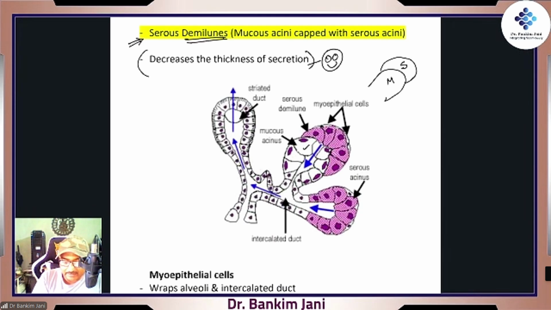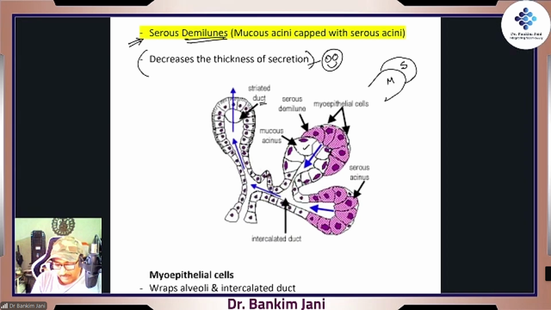So here in this, look at it. This first one, right? It is just the duct. So no secretions. Over here, this is a duct, so in this there is no secretion. That's why the cellular formation is normal cells. Over here, this is the mucus, and on top of it, it is serous. So it is a mixed one.